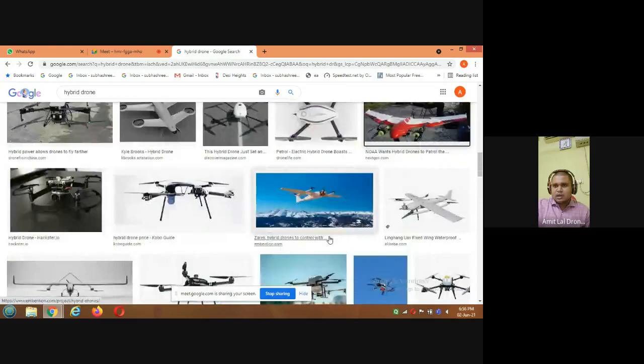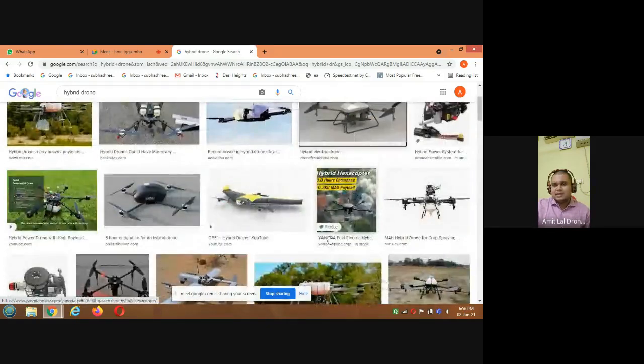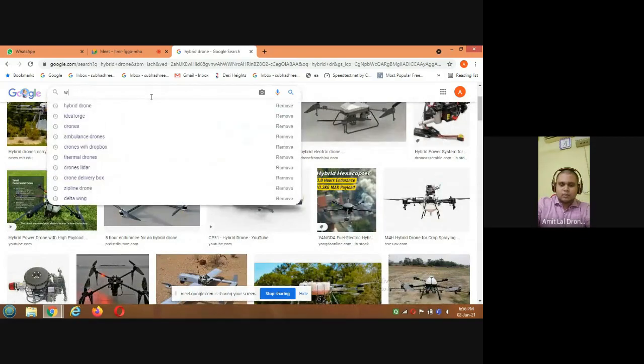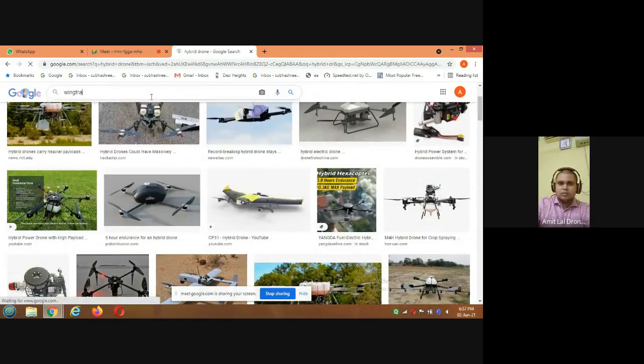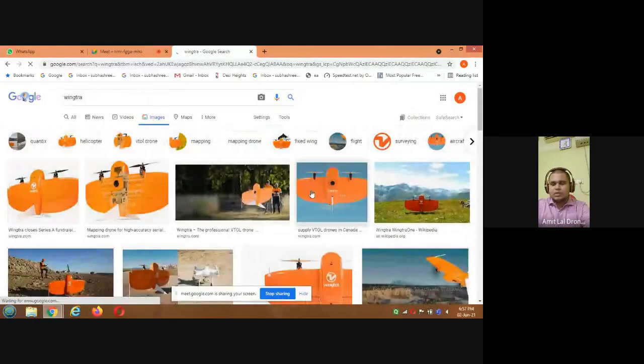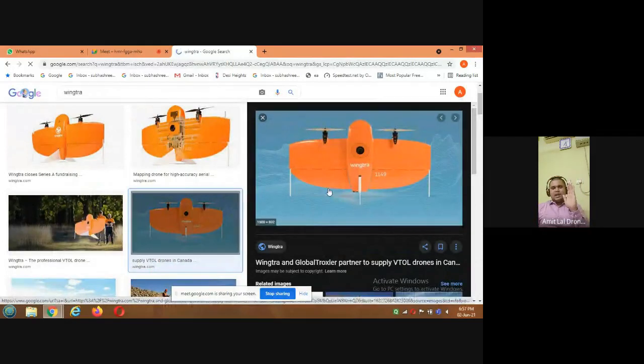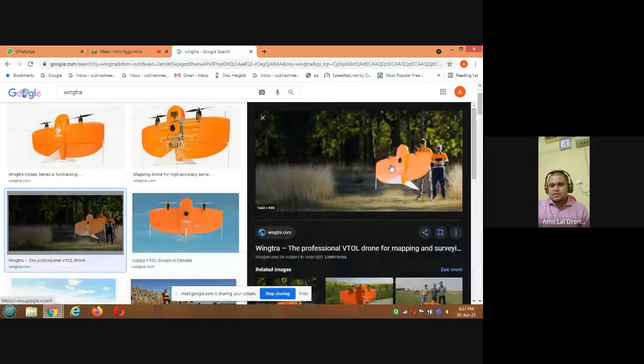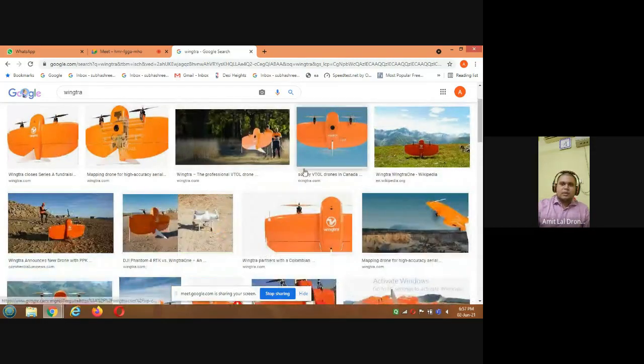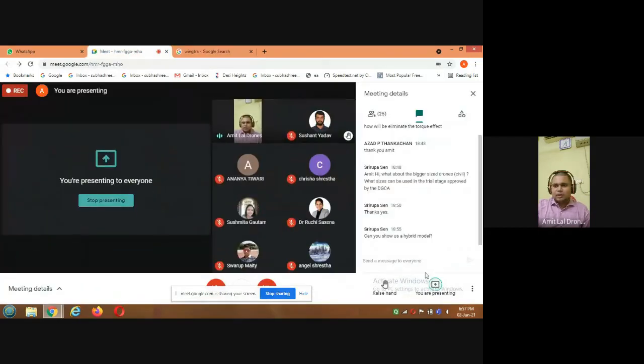If you have heard about tail sitters, I'll show you a tail sitter also. So this is what a tail sitter is. Why is it called a tail sitter? Because it sits on its tail, does a vertical takeoff, changes its motion to a fixed wing motion and moves straight. It can hover just like a drone, like this. It can take off like this, and then it will change its motion and move as a fixed wing. So this is how hybrid drones look.